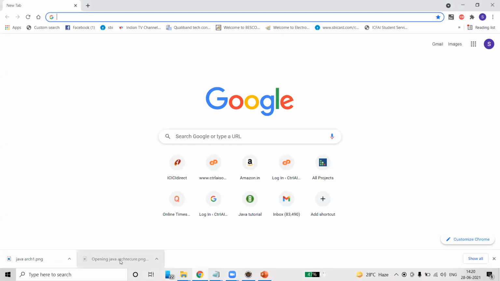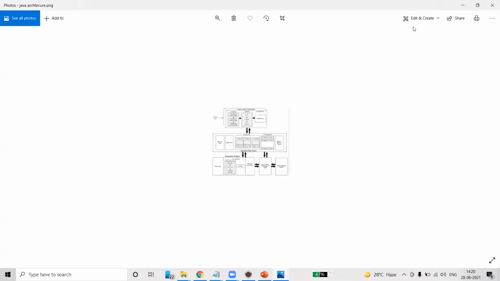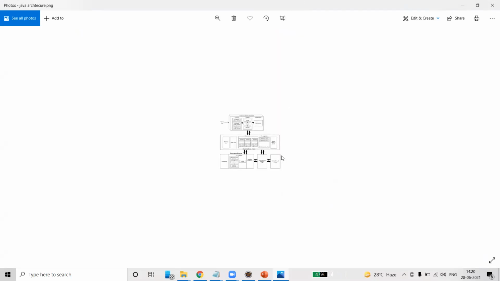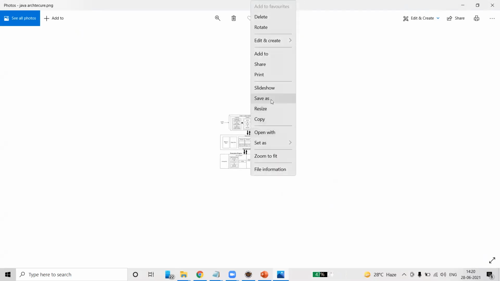Look at this image. Try to understand this image. It is very small.